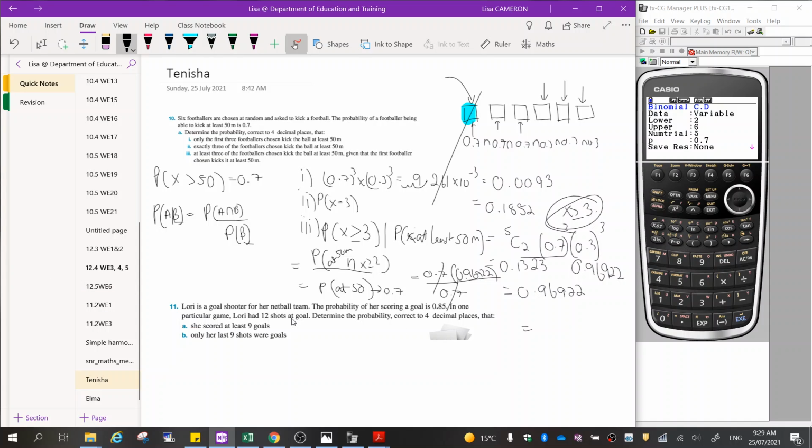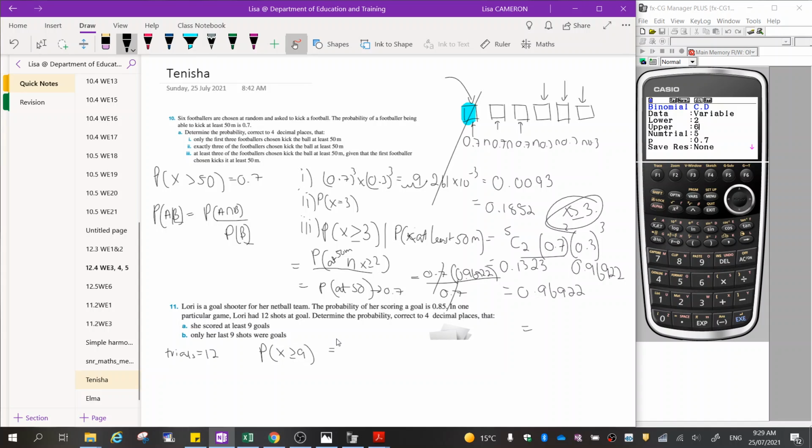So Laurie is a goal shooter for her netball team. The probability of her scoring a goal is 0.85. In one particular game, Laurie has 12 shots, so then trials equals 12. Determine the probability, correct to 4 decimal places, that she scored at least 9. The probability that she scored at least 9 means that 9 is the littlest number. So if she scored at least 9, then that's going to be